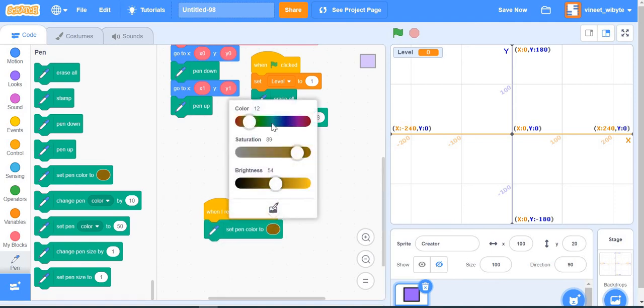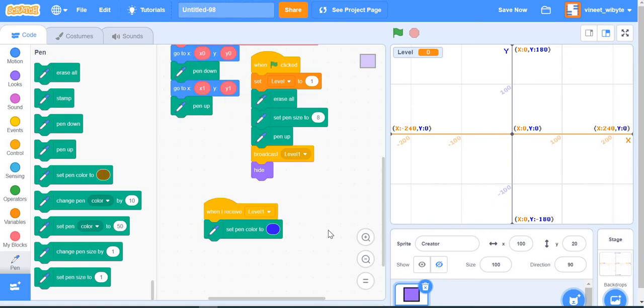I'll change this to, let's say, blue. Again, it's not necessary that it must be blue, but say I want to make it blue color. And then I am going to draw a rectangle somewhere in this corner, right? So specifically I want to go to this point and draw a rectangle which kind of covers the entire arena from left